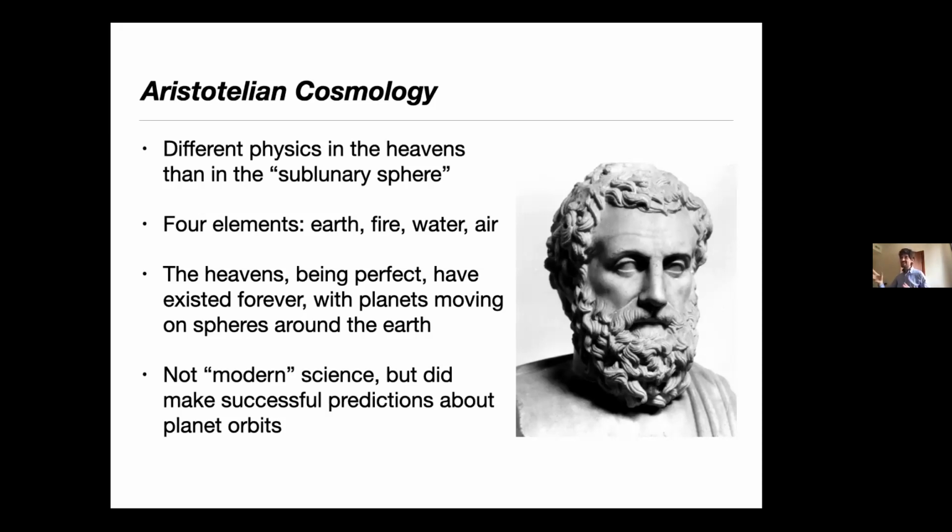And they had these ideas of 4 elements, not our whole periodic table of elements, but earth, fire, water, and air. Basically, this was not really modern science, but in a few small cases, it did make successful predictions, in particular about the way that planets orbited. And it was kind of one of the first instances where someone tried to write down answers to these kind